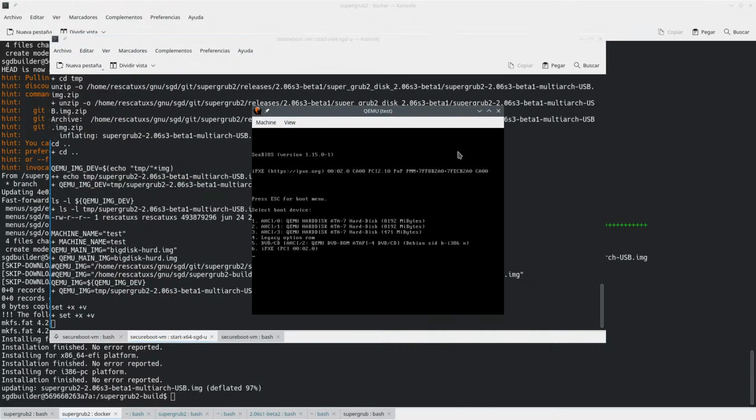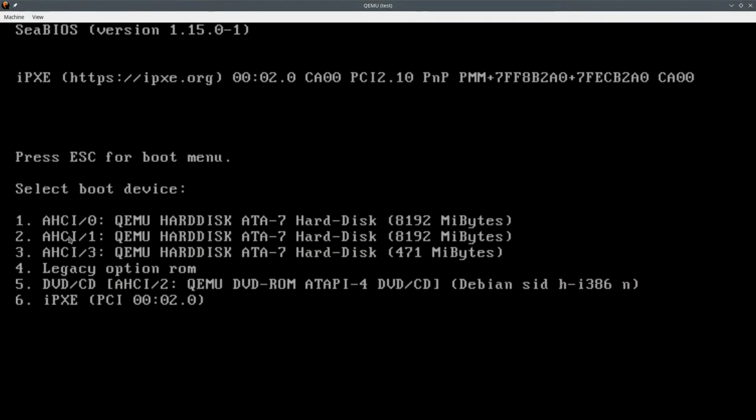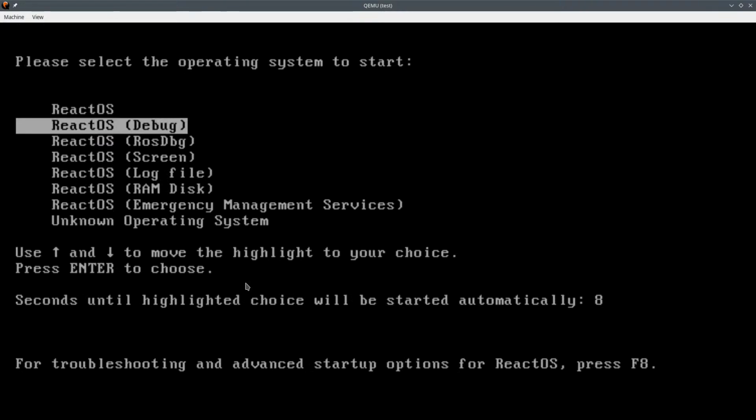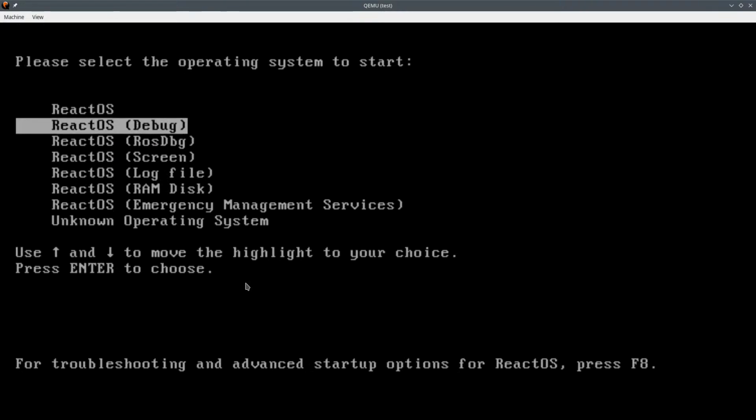Okay, look at that. So press ESC. Now we have the second one. Wait, the fifth one is the CD-ROM, and we have those old hard disks. So the first one is ReactOS. That makes sense.